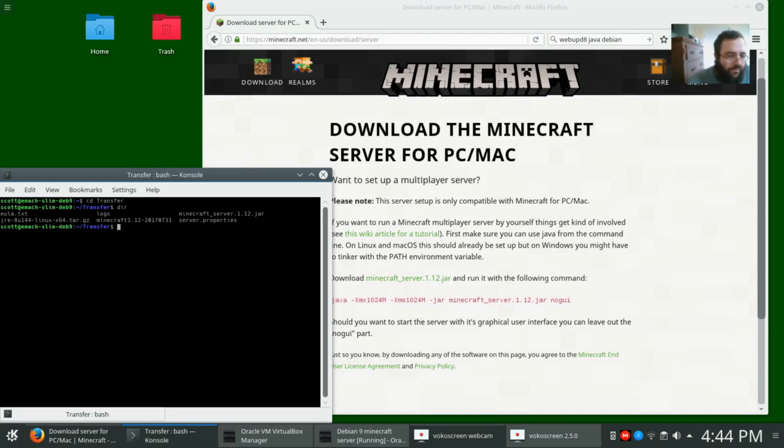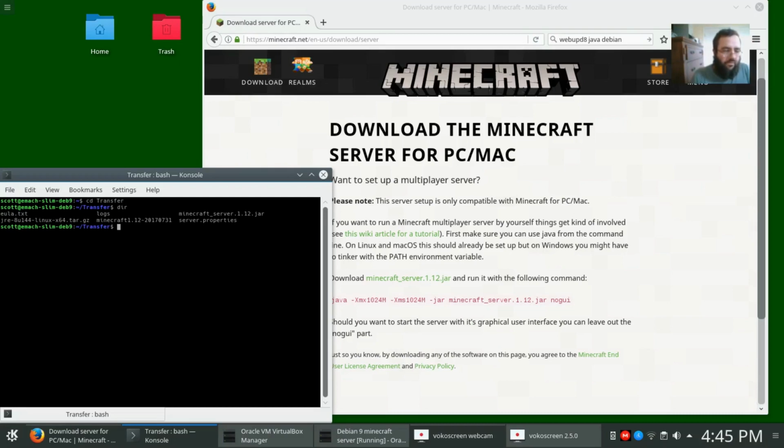Okay, notice that there's some files here already, because I've been through this before, and I'm going to do this again. In a prior example, I downloaded the current Java and transferred it over, and I transferred the current Minecraft that I'm using and backed it up. I'll show you how to do that. And here's the Java file for Minecraft server. So now that we're in the folder that we want to be in, where the files are stored,